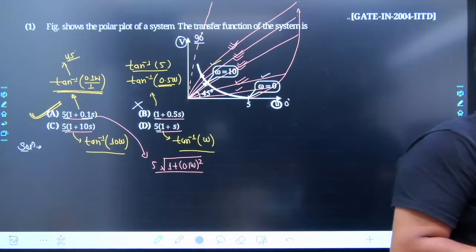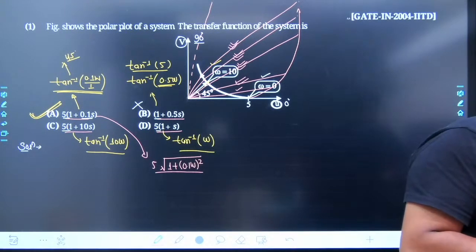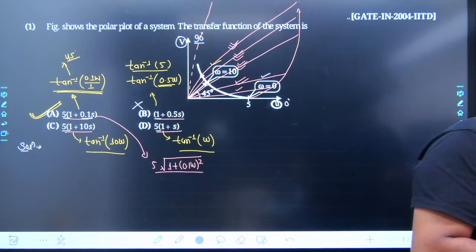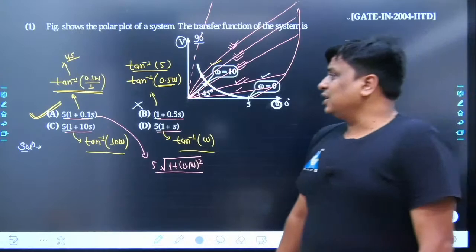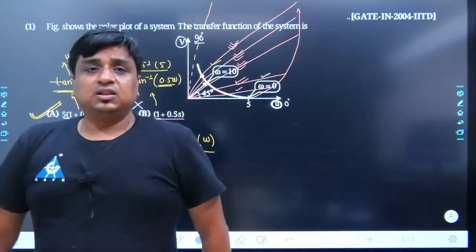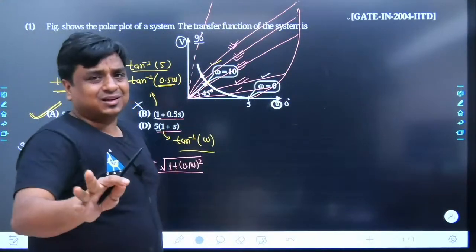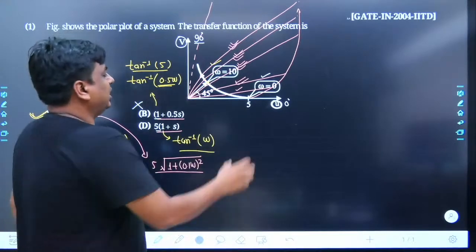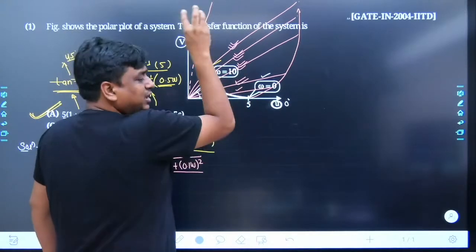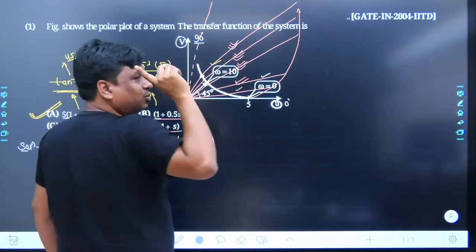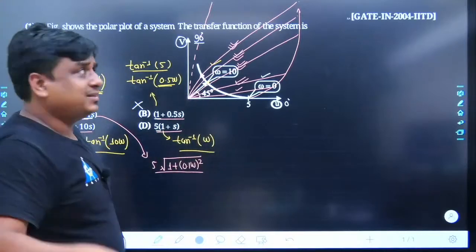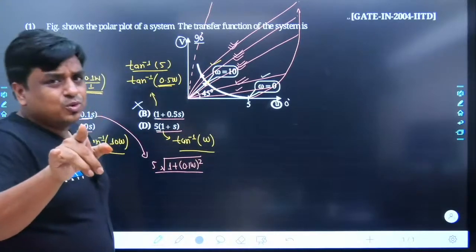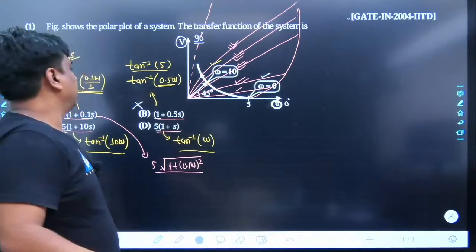So I would like to have the input from each one of you. Do you think the way the problem had been designed, is it the best problem, or could a few refinements still have been made? According to me, as far as the control system I know, definitely this could have been the best answer. But still what they did, they just wanted to show that at omega equals 0, the magnitude was 5 and the phase offered by the system was 0, and similarly at omega tends to infinity, the magnitude was tending towards infinity, and the phase offered by the system would be 90 degrees. But the best polar plot which we could have got must have been this,